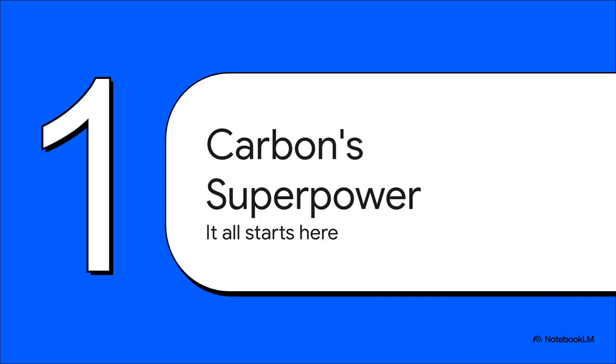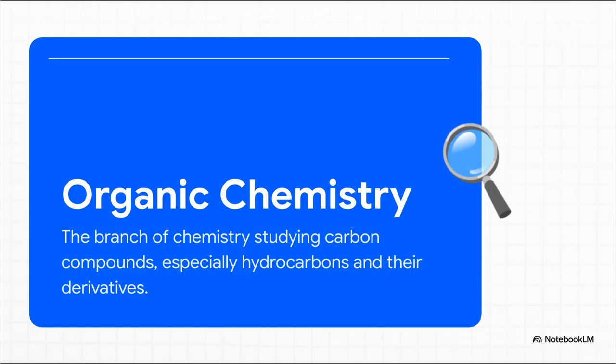All right, so let's get into it. To even begin to answer that, our story has to start small. Really small. We've got to start with the atom itself and figure out what makes carbon the undisputed king of the elements. So when we say organic chemistry, what are we really talking about? At its absolute core, it's the study of carbon. Think about that. An entire branch of science totally dedicated to this one element. And it's all because of how special it is.